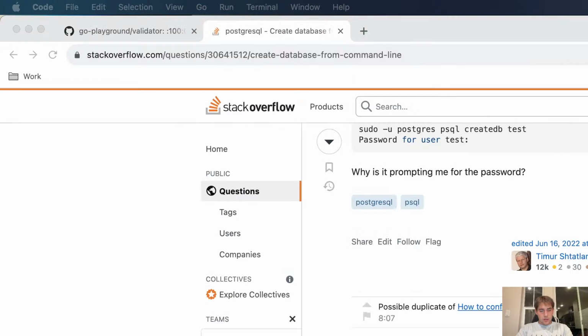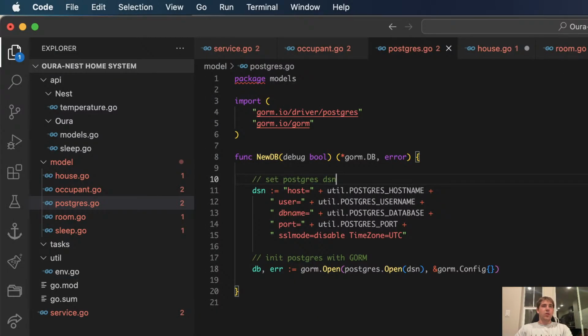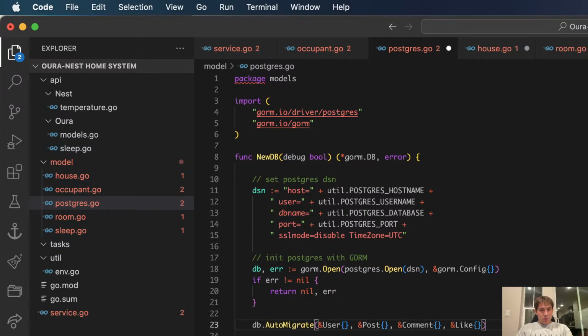Then let's auto migrate this. Oh, you can't even see that screen that I'm working on, which is good because I just had my env open. So now you can see this. I changed that. Let's clear this. Let me look at another code base here to get an idea of how to set this up. Let's go if error not nil, return nil error. Then let's do db dot auto migrate. That's fine.